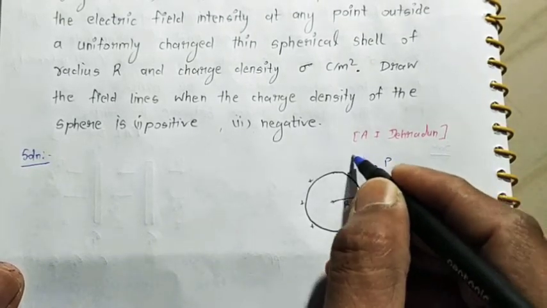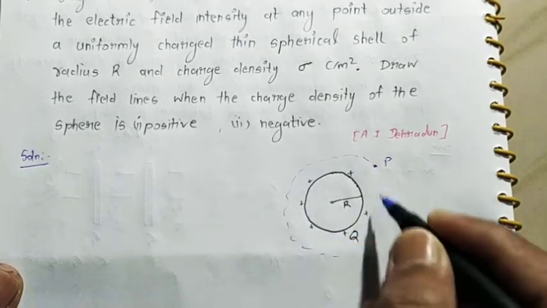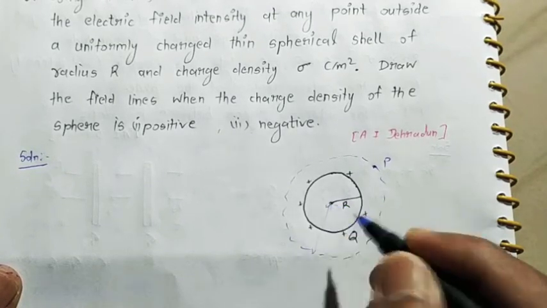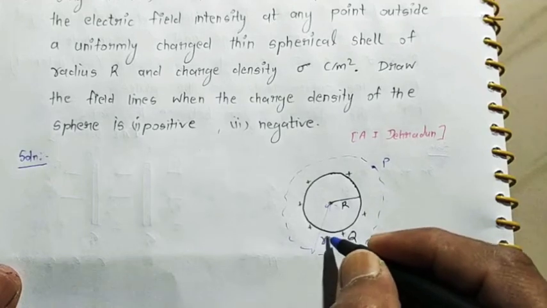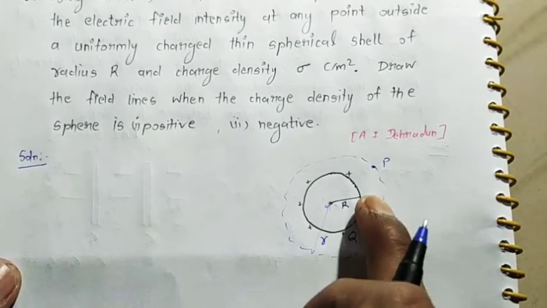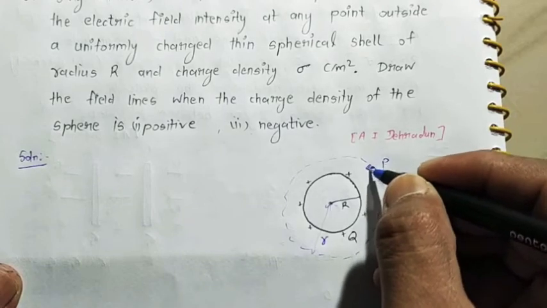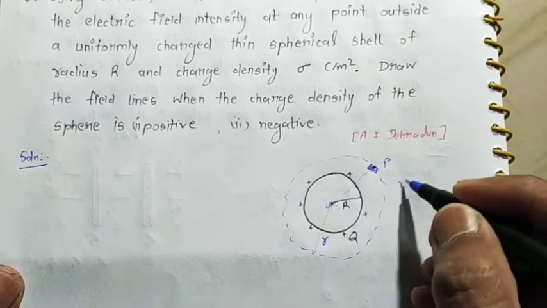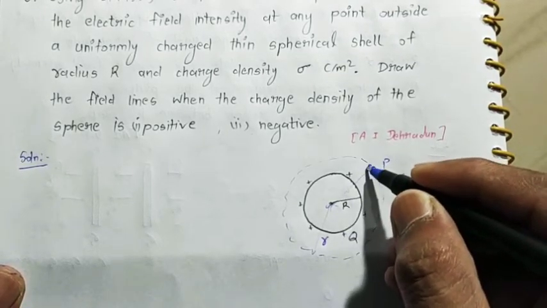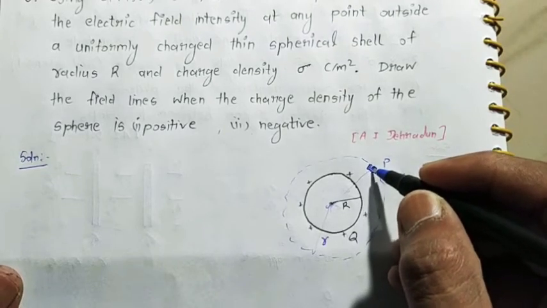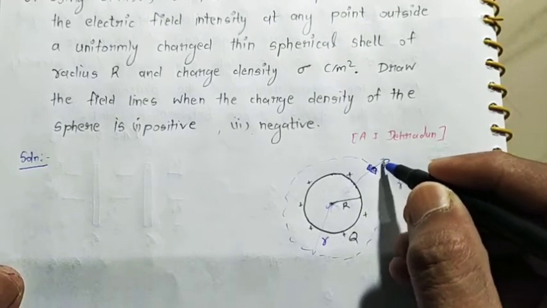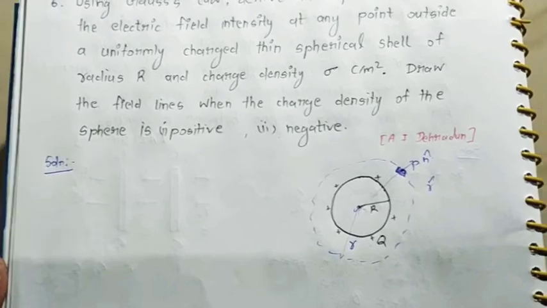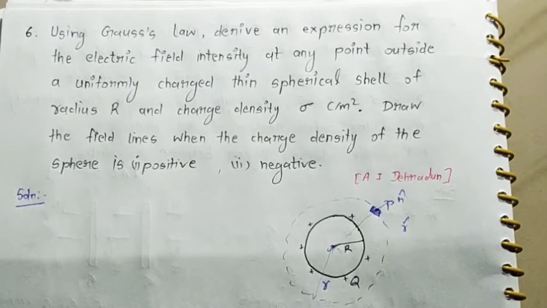So I have to make a Gaussian surface here. This Gaussian surface has radius small r, and their centers are coinciding. I am considering a small area, and we have done it before. Take this direction as radial direction r cap, and the elemental area we have considered, you have to take this area as area vector n cap.